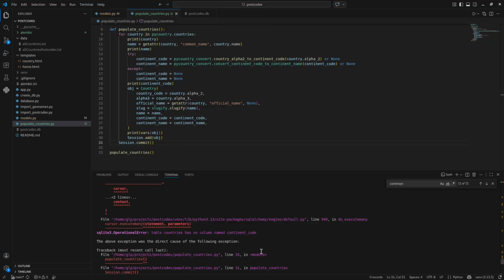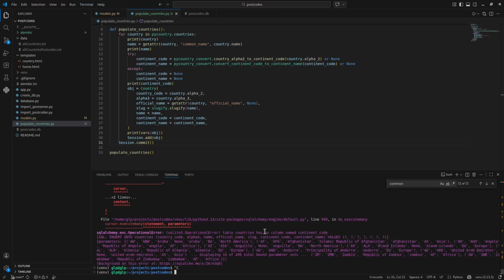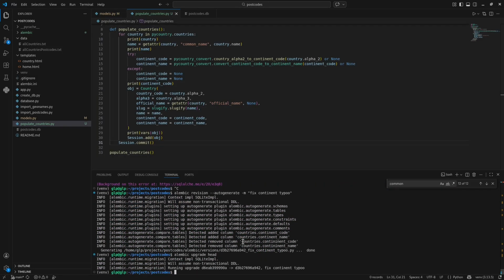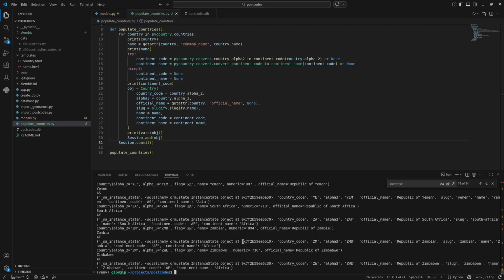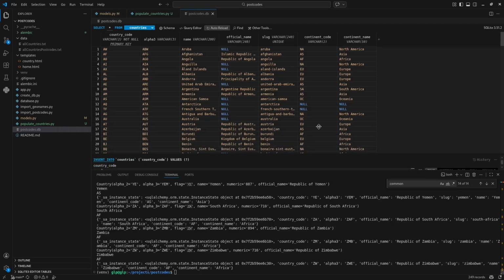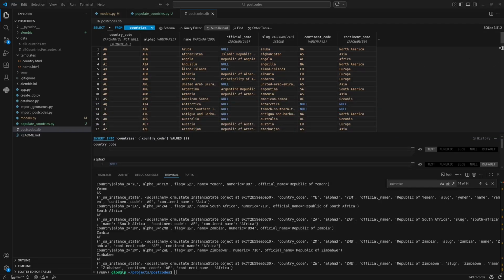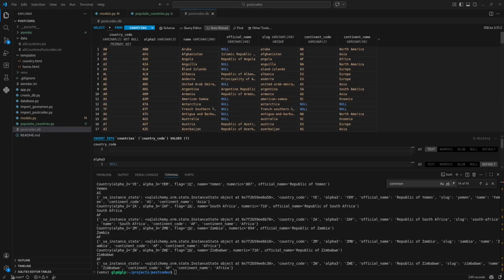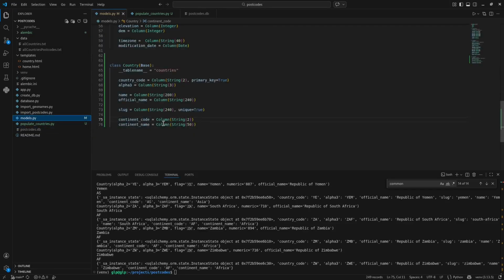Okay, so we need to actually make migration to change the name. Okay, so quickly, and let's, okay, so let's see if you have all countries, and we do. Okay, so that's nice. So now, to change the, let's go to the models,